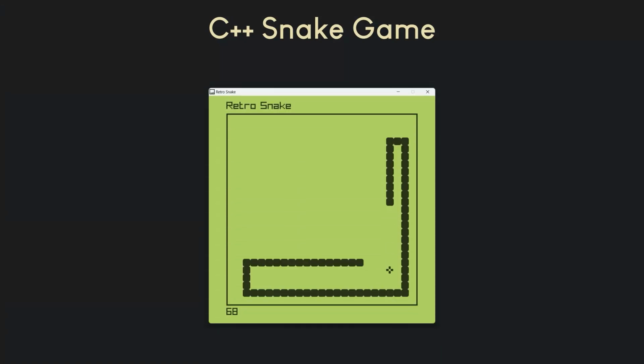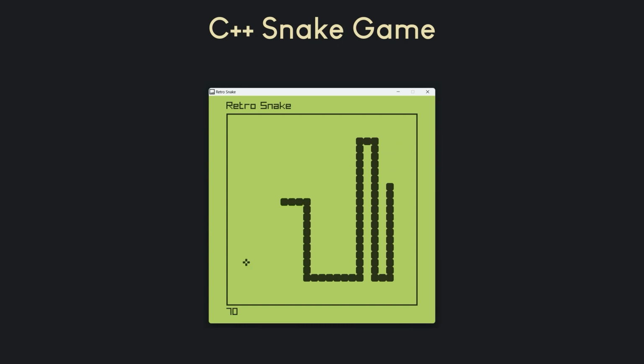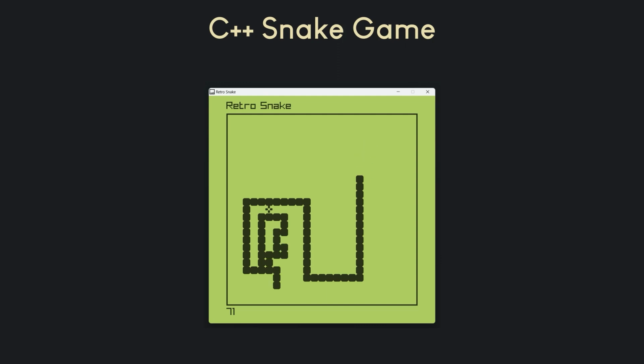Are you ready to take on the challenge of creating your very own snake game? In this tutorial, I'll be guiding you step by step on how to build your very own snake game using the C++ programming language and the raylib library. We will start with the basics and work our way up to adding some cool features and making the game